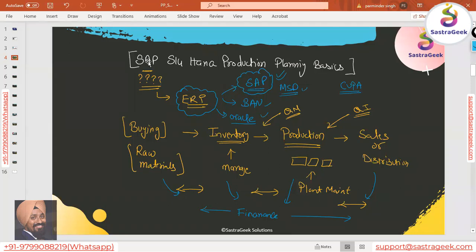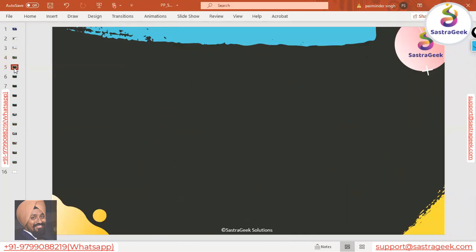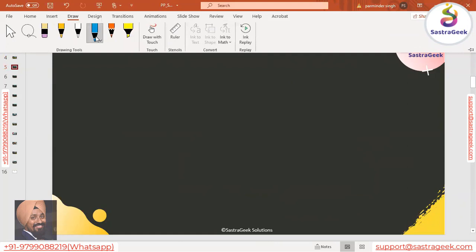First, you understand the ERP part, and you also understand what SAP is. In the next slide, we will be understanding what S4HANA is, and why we are saying that we are learning SAP S4HANA. So let's discuss that in the next slide, and then we'll open for questions and answers. Now here what I'm going to explain to you is S4HANA.